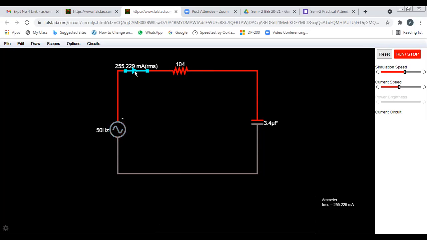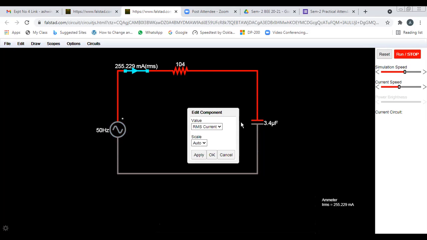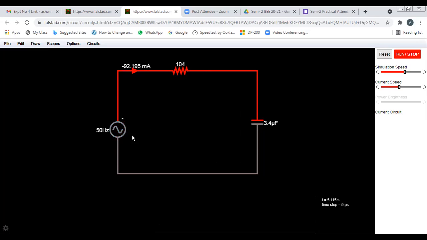Here then ammeter. So ammeter, double click it. You can find two options are there. Suppose you are going to set here current and click on OK and run this, you can find the value of current is changing continuously. Which value is it displaying? Instantaneous value, which changes with respect to time as it is an AC.